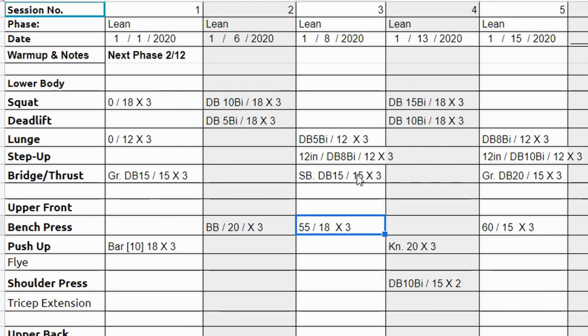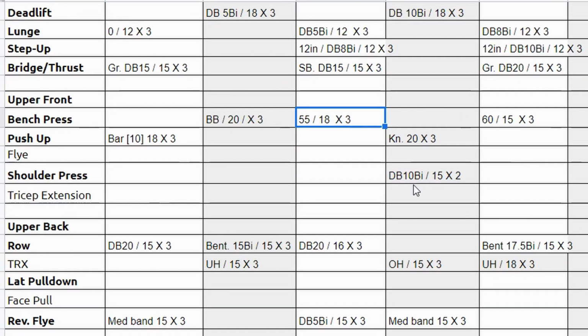So make sure you choose a weight that makes sense for your client. Also make sure you choose a rep count that makes sense for your client. If that client could do 100 repetitions at the weight that you're at, there's a good chance that that weight is way too light for the client and you're not achieving anything. Again, unless your objective is purely form work, then that's a whole different story. So yeah, let's check out the rest of the workout chart here.